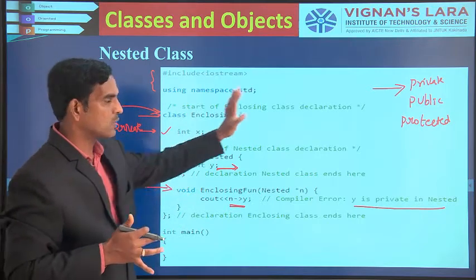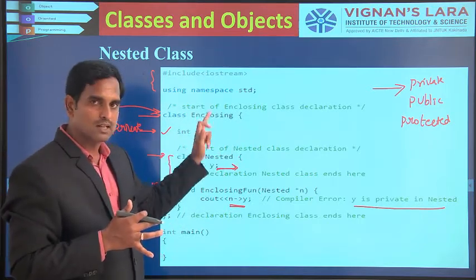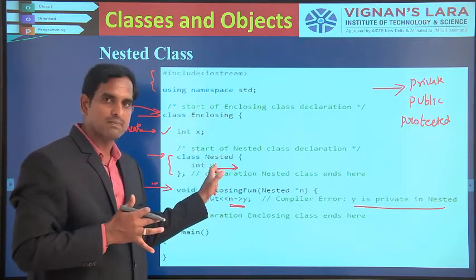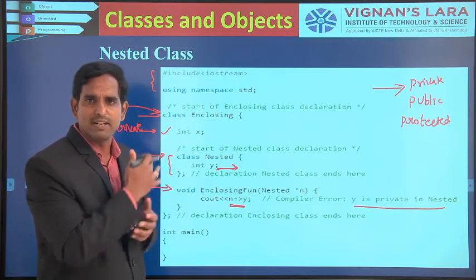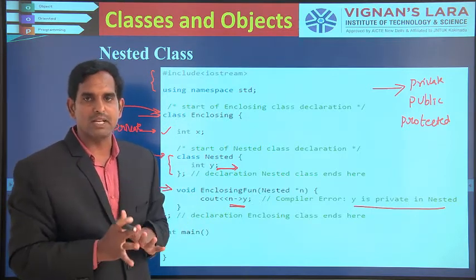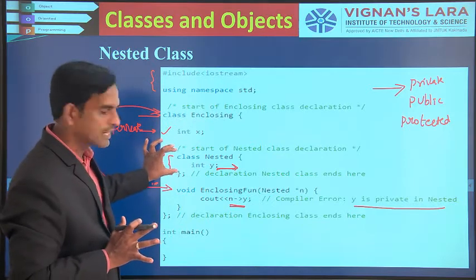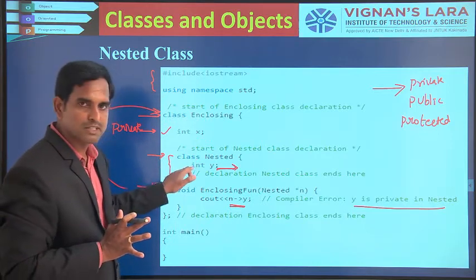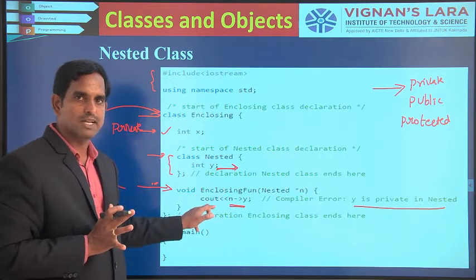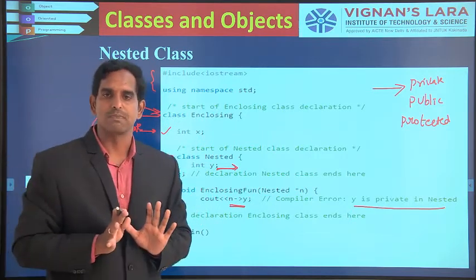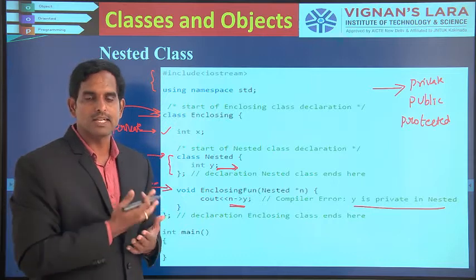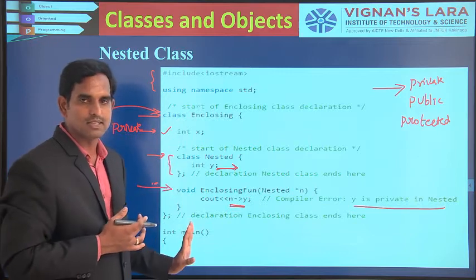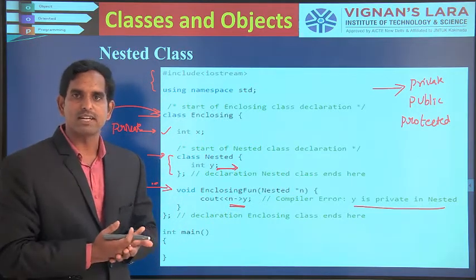That is, how you are going to access the public members of your outer class, and whether the public methods of the outer class can access the public methods of your inner class. There are many combinations like this. But for now, just know that your inner class will act like a member of the outer class, and if there are private members of this class, they cannot be accessed by any methods of the outer class either. So this is nested classes. Nested classes is about writing one class inside another class and trying to access the members.